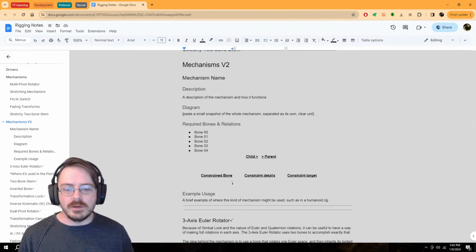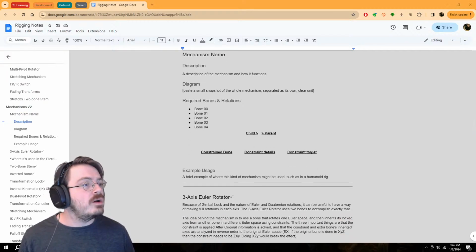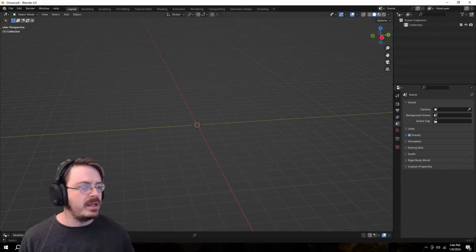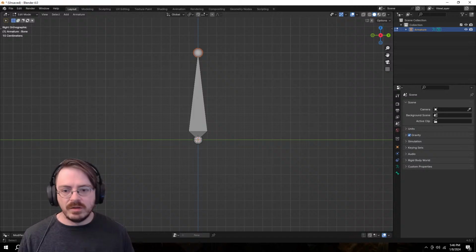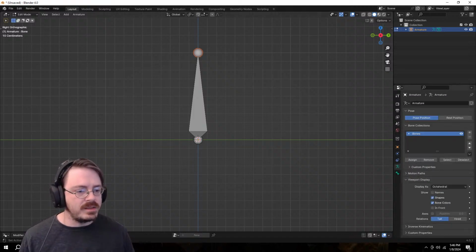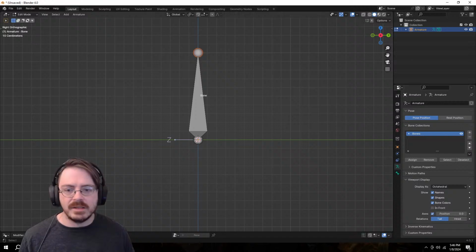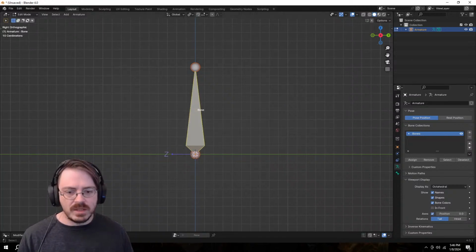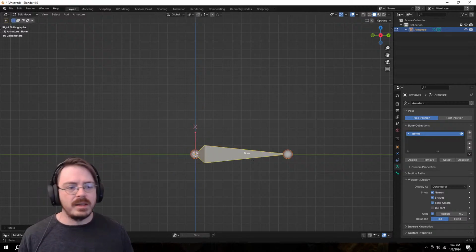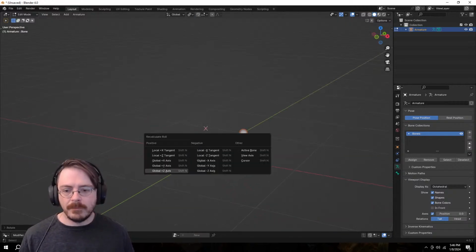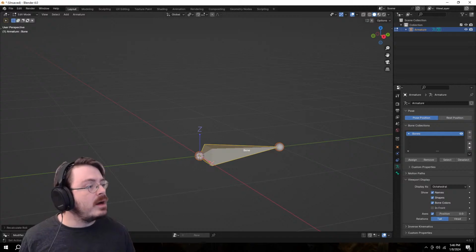Oh, man. Okay, so rigging. Let's take a look here and just start the process. I'm going to open up a blank Blender scene. And I probably should start by adding in a bone. I'm going to look at it from the side here. I'm going to turn on all of the things that you would need to see, which is the names and the axes of the bone. Set it so that it rotates around individual origins, like such. Fix that. Perfect.